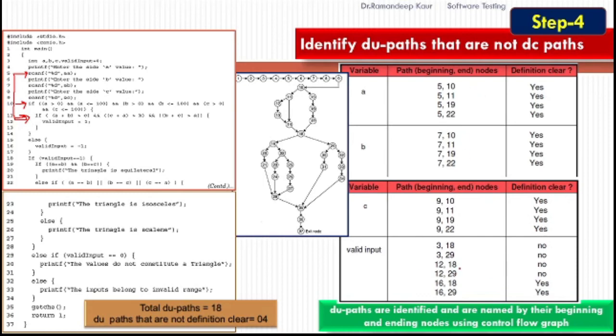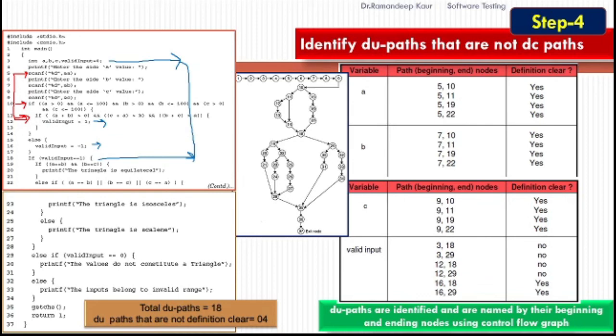Now, when we come to the valid input variable, node number 3 is the starting node for valid input, and I have to refer to node number 18. In between, I have to check whether there is a redefinition of the variable or not. If I see the code, then at node number 12 and at node number 16, this value is redefined.